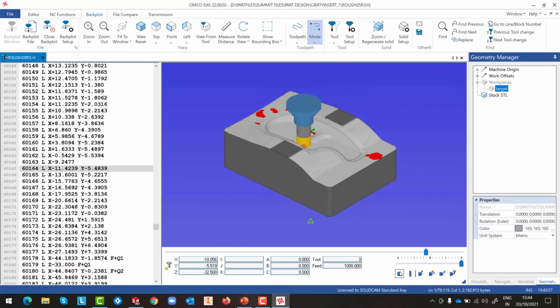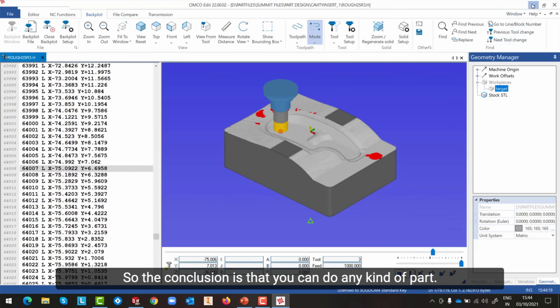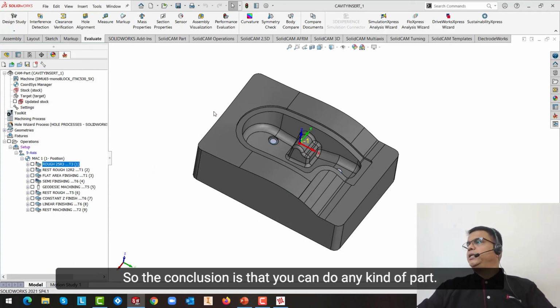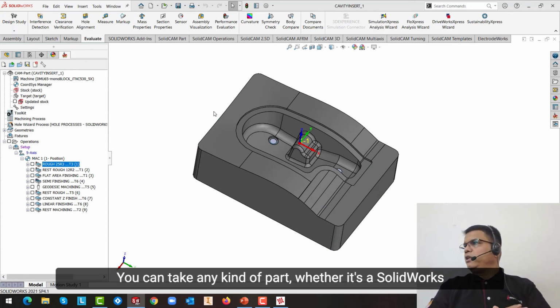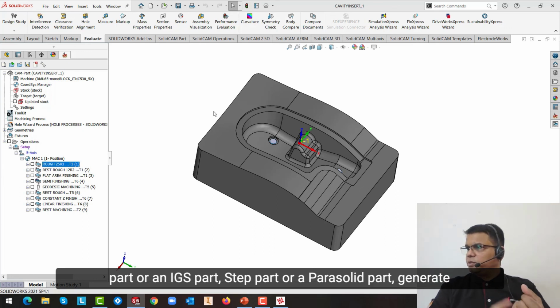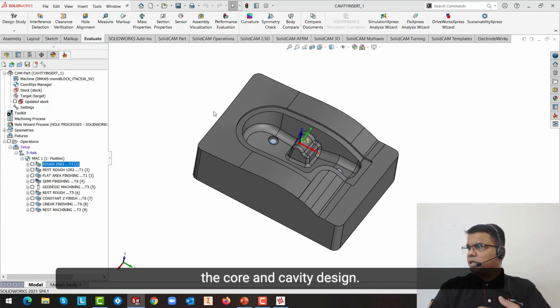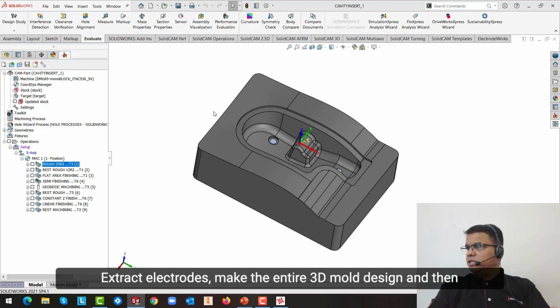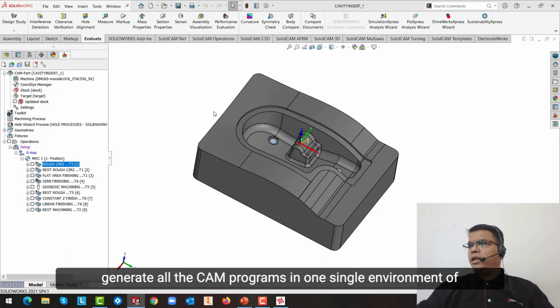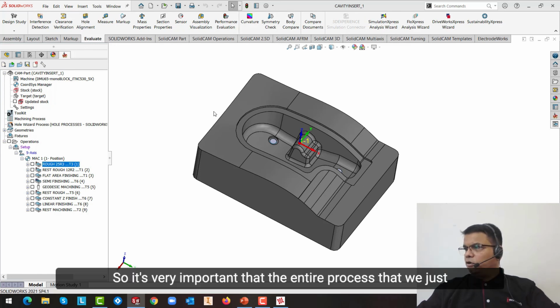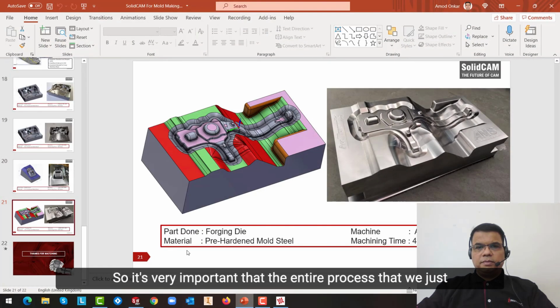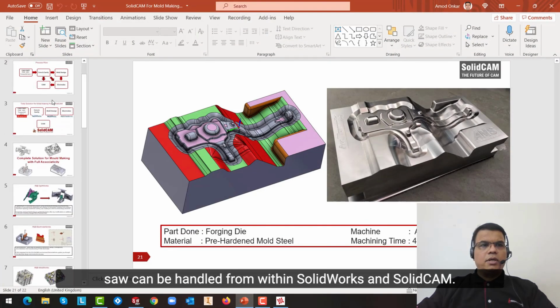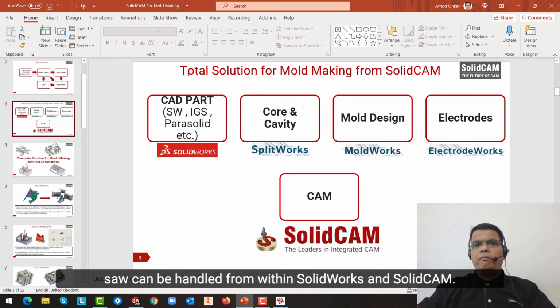Okay, let's stop this. So the conclusion is that you can do any kind of part. You can take any kind of part, whether it is a SolidWorks part, an IGS part, step part, or a Parasolid part, generate the core and cavity design, extract electrodes, make the entire 3D mold design, and then generate all the CAM programs in one single environment of SolidWorks and SolidCAM. So it's very important that the entire process that we just saw can be handled from within SolidWorks and